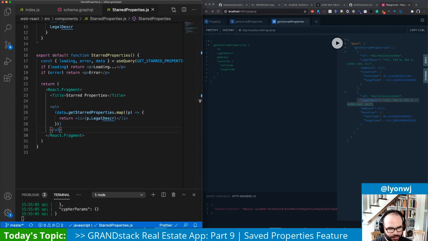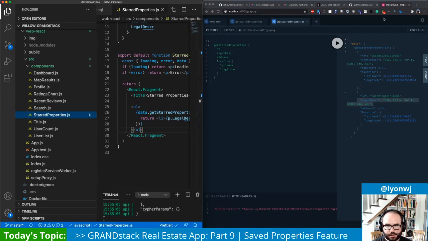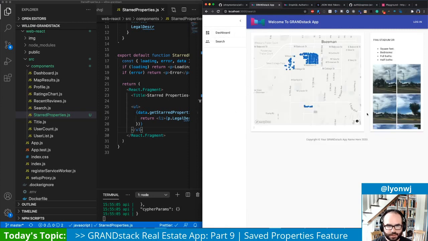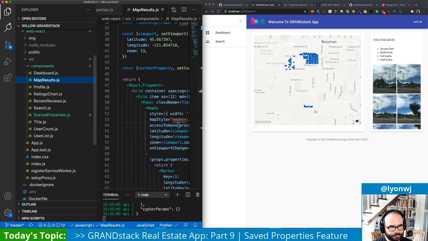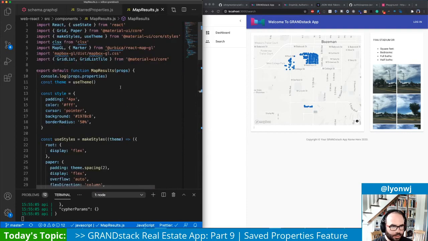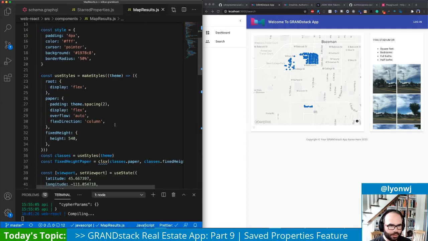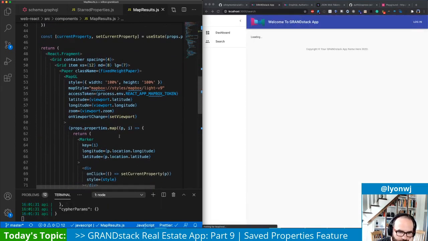So that's the component. Now we need to show it in this component, which is the map results component that gets rendered here, I think. Okay, and the first thing, let's see, we'll import StarredProperties from StarredProperties. And then let's see, we have